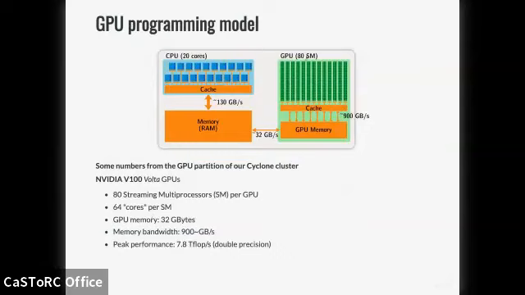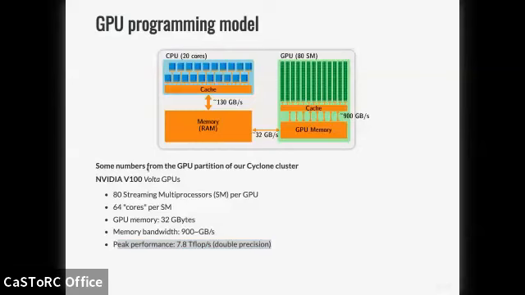So these numbers, as I said, correspond to the actual GPUs that we will be using, which are NVIDIA V100 GPUs, or so-called Volta GPUs. And those are just some numbers that I also mentioned in the previous slide. So the peak performance, if you add all the floating point operations that this device, the GPU, can do in a second, it comes up to about 7.8 teraflops per second double precision,